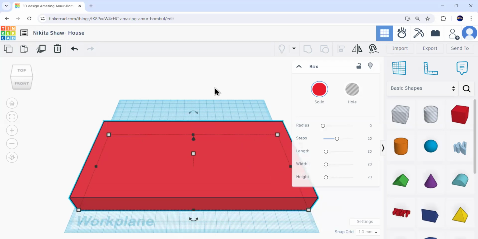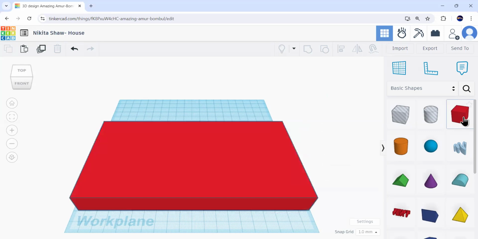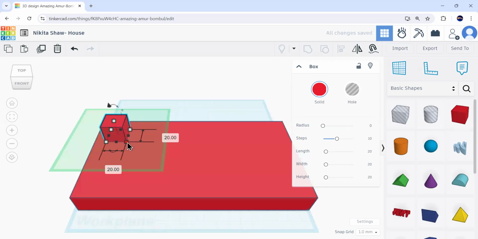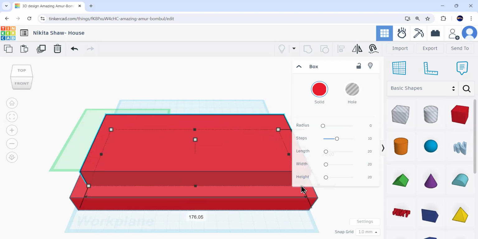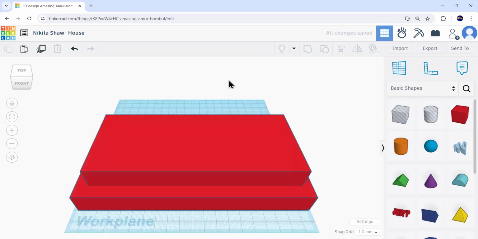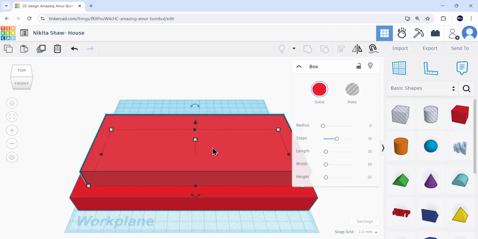The next step is to again click on this box and then bring another box on the platform. And this time again, we'll do the same step, clicking on the white box and stretching it out. But this time it should be lesser in dimension than the previous one. So the edges that we are making should be lesser in dimension than that of the bottom box. Is that clear to all? I hope.